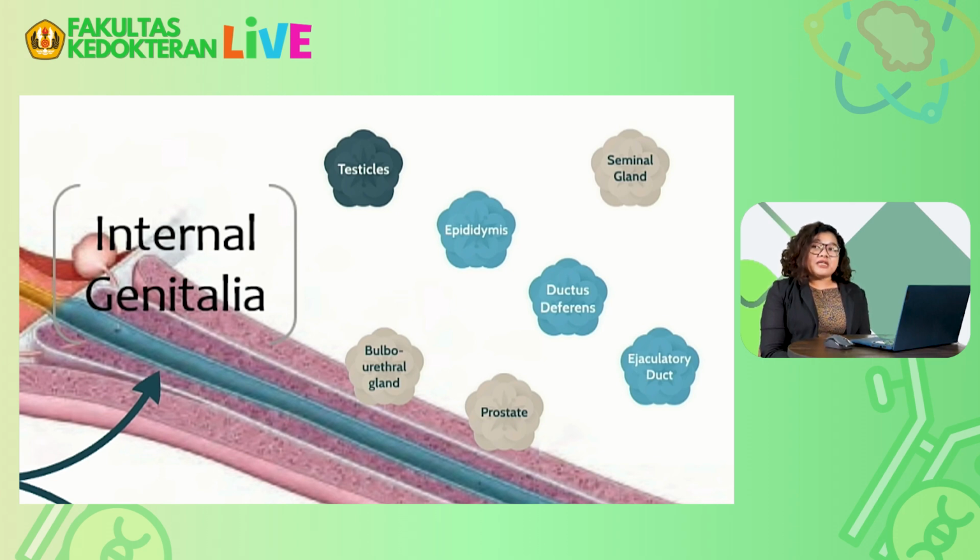The external genitalia, on the other hand, mainly function as the delivery organ, so that the germ cells between male and females can meet. As the name suggests, it is located on the exterior part of the body, not inside